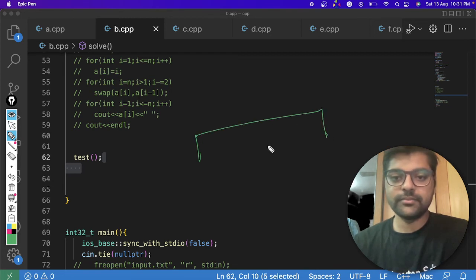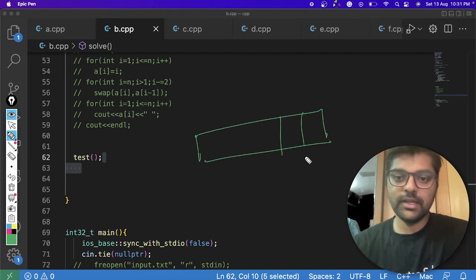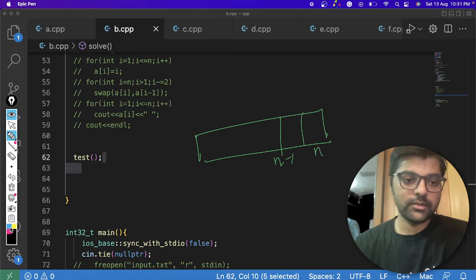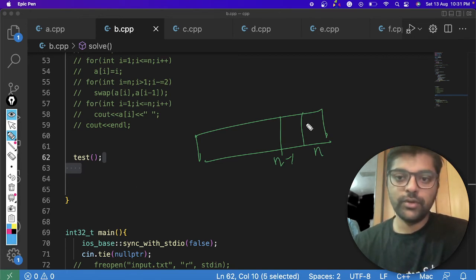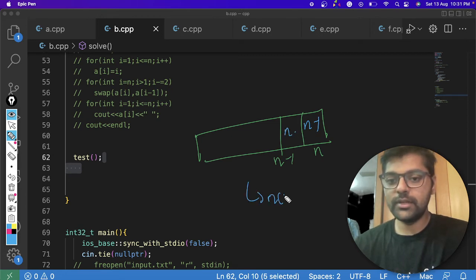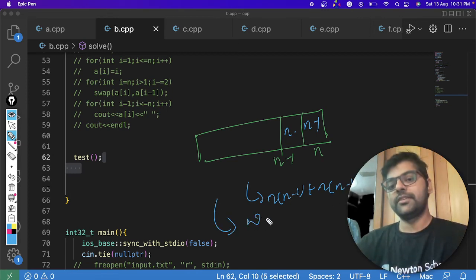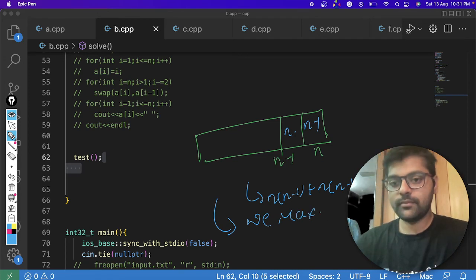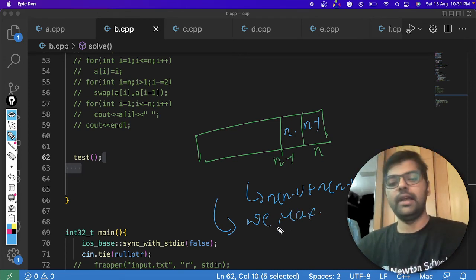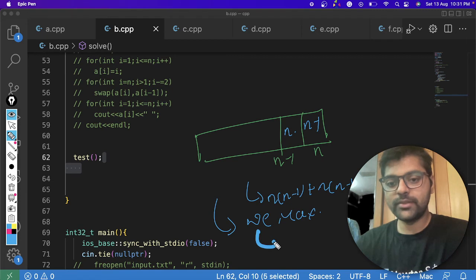And why will this work? Let's say there is n and this is n minus 1. If I put n minus 1 here, and n there, then we will get n into n minus 1 plus n into n minus 1. We need to maximize it, and we are giving the maximum value to the maximum index.